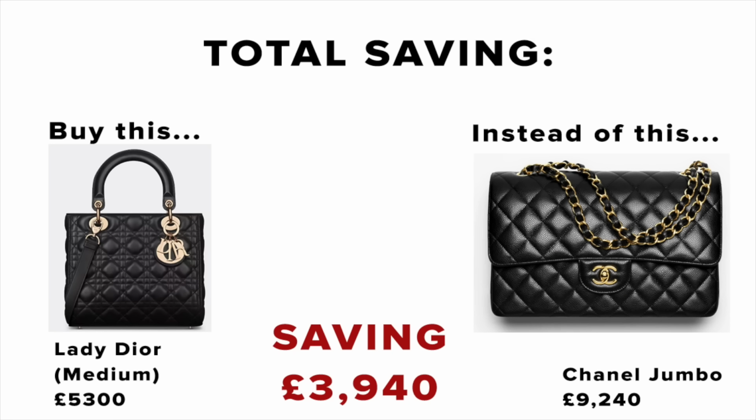If you were to get the medium size instead, the medium size is 5,300 now, which is a lot, and I love the bag, but it's bordering on, ooh, would I spend the money? But hey, do you know what? If I've got Chanel money to spare and I want change, I would go for the Lady Dior in the medium size. I'd spend the money. If you were to spend 5,300 on the medium, you would be saving